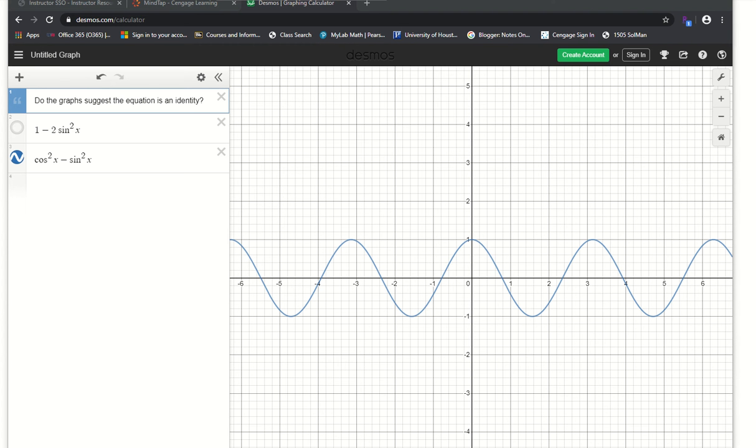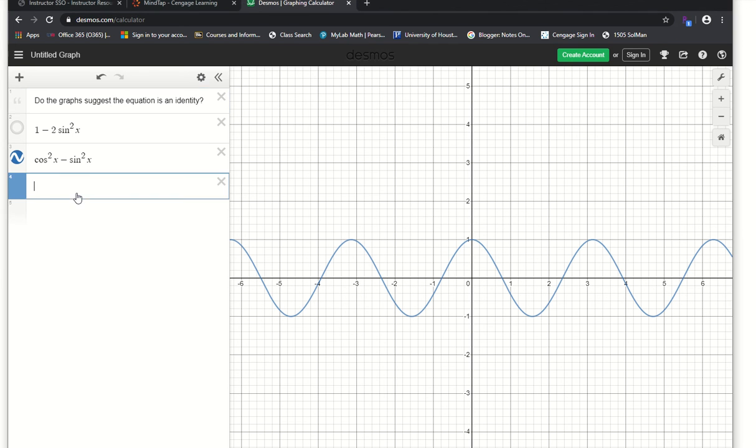All right, the next type of problem could ask you to graphically identify that the equation's an identity. So I took the left-hand side of the equation here, and this is the right-hand side of the equation. So the equation you'll be looking at is 1 minus 2,